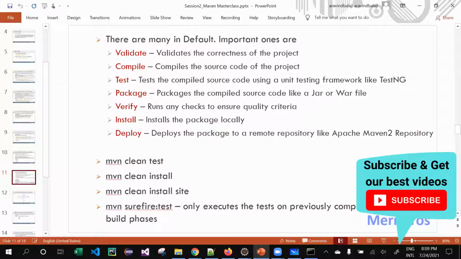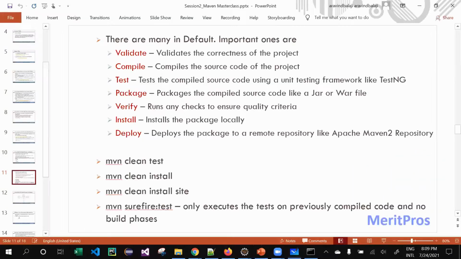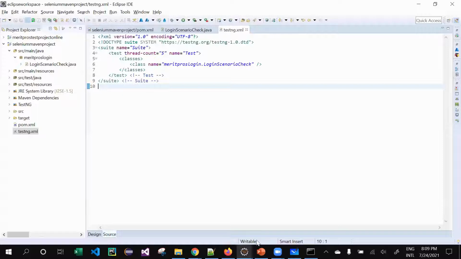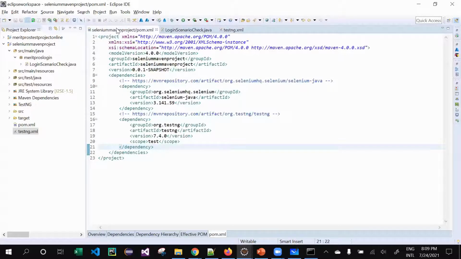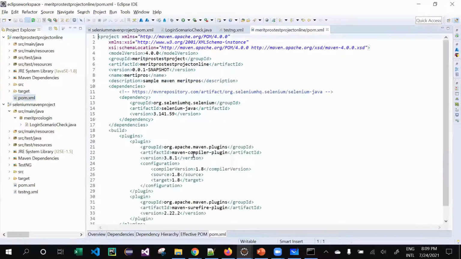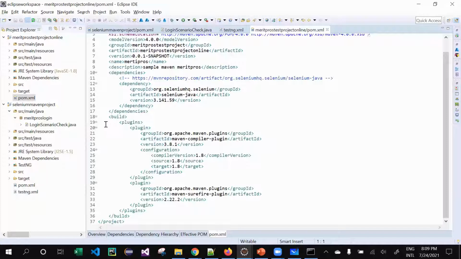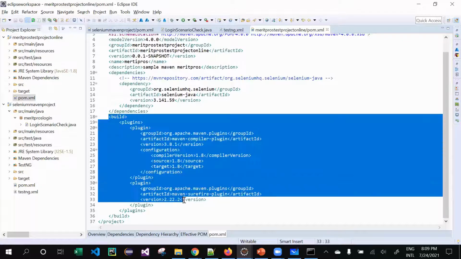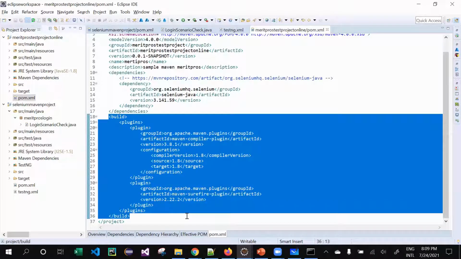Now let us see how it does it. Let's see a few commands, not all of them, in the interest of time. But when you execute one command, the rest of the commands work the same way, so it's going to make your life much easier. First, inside your pom.xml, we need to add a couple of things which we saw in the previous session. Let me add that in the pom.xml. So we have the build section available. Let me add it.